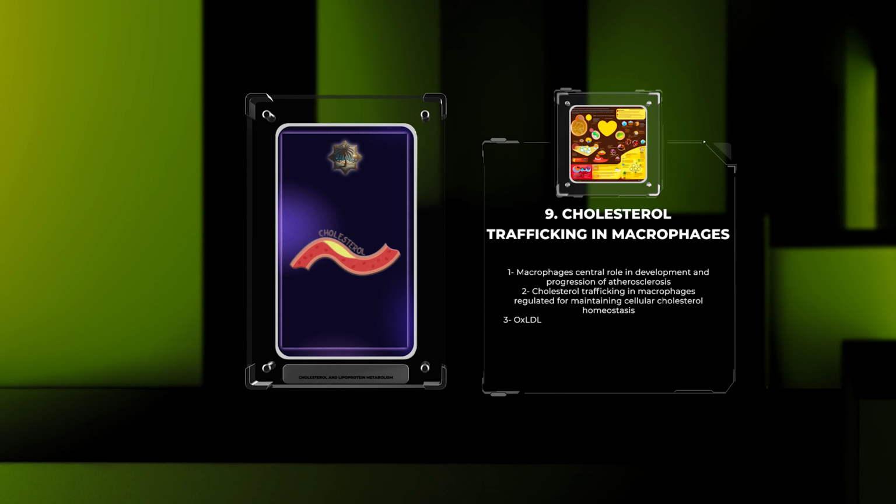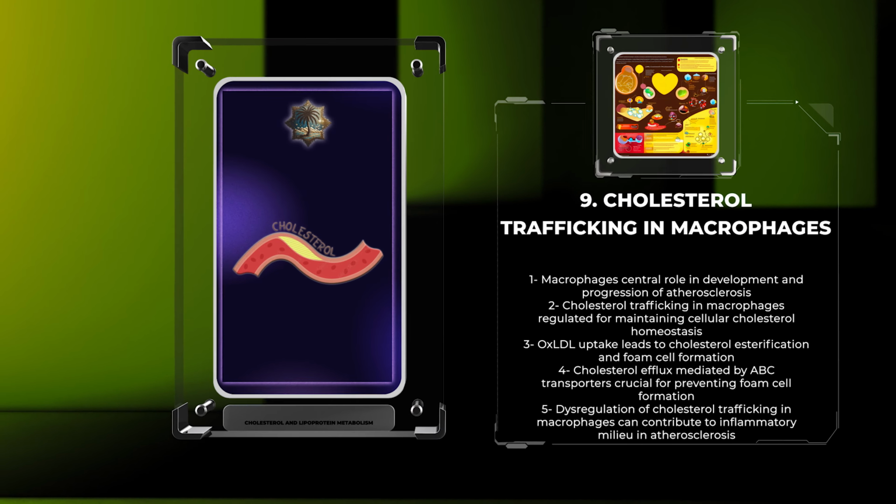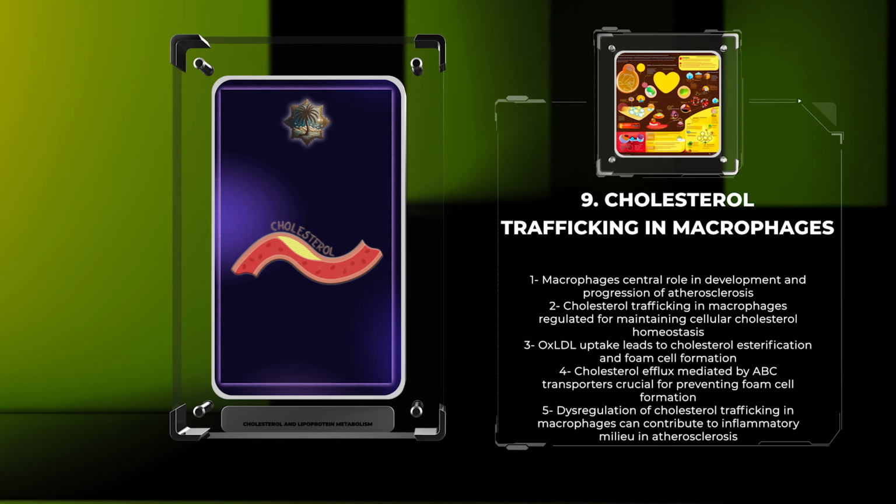Macrophages play a central role in the development and progression of atherosclerosis, a chronic inflammatory disease characterized by the accumulation of cholesterol-rich foam cells within arterial walls. Cholesterol trafficking in macrophages is carefully regulated to maintain cellular cholesterol homeostasis. Uptake of oxidized LDL via scavenger receptors leads to the esterification of cholesterol by ACAT and subsequent formation of lipid